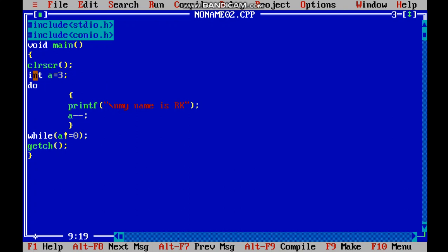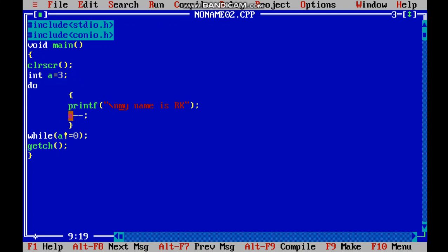See, integer a equals 3. We assigned a equals 3, of integer type. And now under the syntax do, it simply says to do some work and do not check the condition right now. I did one round of work, that is, I executed the curly braces without checking any condition.